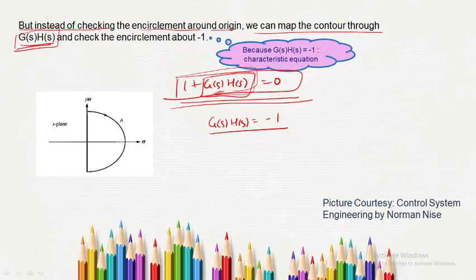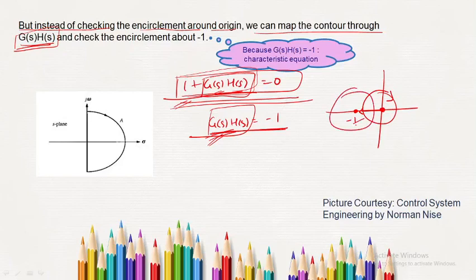Okay, so in Nyquist criteria, what we do, instead of looking at the encirclement around the origin, क्योंकि हम यहाँ पे देख रहे थे तो आप एनसर्कलमेंट अराउंड द ओरिजिन कर देते थे, हमने फंक्शन को शिफ्ट कर दिया, तो हमने फंक्शन ले लिया GSHS इक्वल टू -1, हमको इसके थ्रू मैपिंग करनी है। तो अगर हमको इसके थ्रू मैपिंग करनी है, we are doing the shifting of the origin that you have studied in maths. तो जब ज़ीरो के अबाउट ओरिजिन, जब आप ज़ीरो ओरिजिन लेते थे, उसके लिए हम अगर 1 प्लस GSHS लेते थे, अब अगर आपको फंक्शन GSHS लेना है तो आपको ओरिजिन को शिफ्ट करना पड़ेगा, and we shift this origin to -1. So what we do, instead of checking the encirclement around the origin, we check the encirclement around -1.